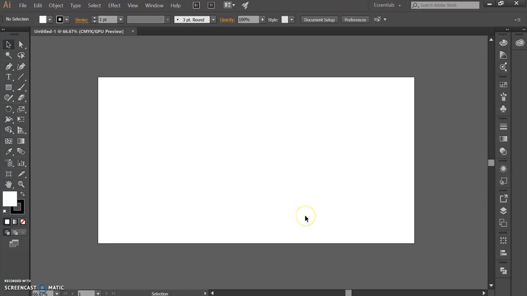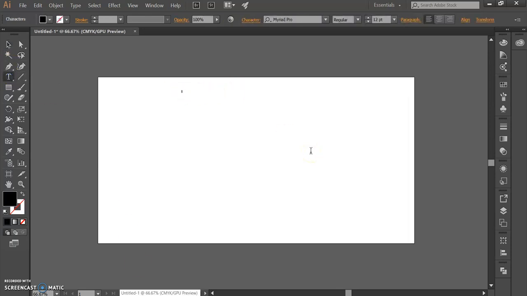Okay, this is Mrs. Boone here. We're going to do a quick tutorial of how to set up your file for laser engraving. So you should already have a file set up. Some of the things that we need to talk about are expanding lines, creating outlines of text, and combining shapes